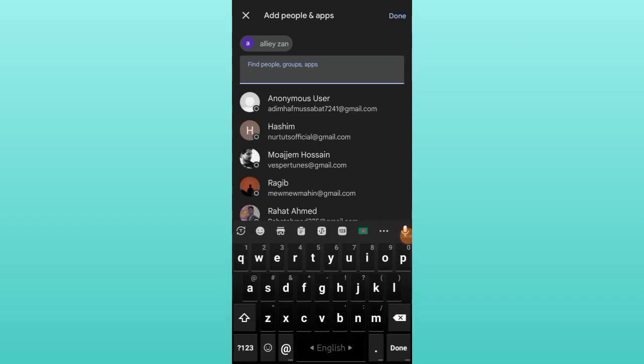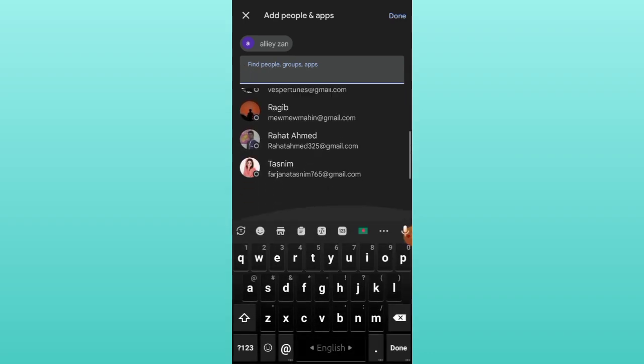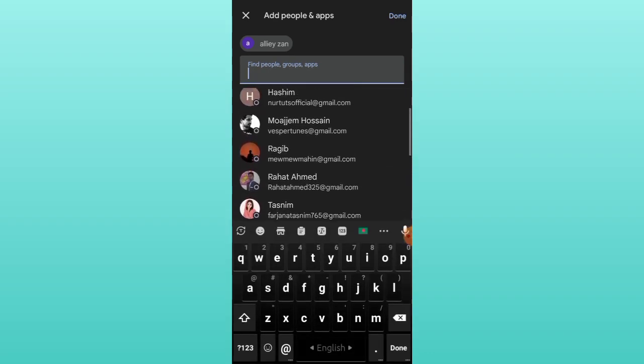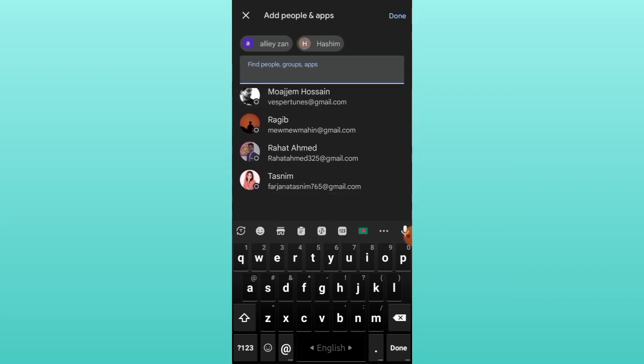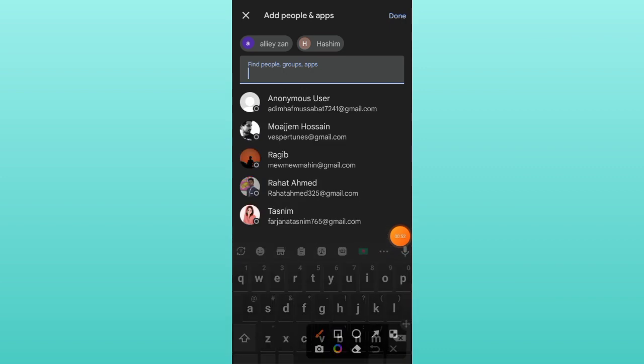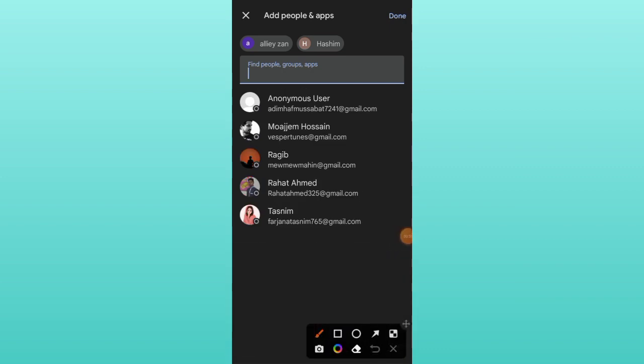When you start a new chat, then you can search your name here, but I'm just going to click any name like this one. When I click this one, there are two friends, and after that you need to click done. Here you can see the option, done. So simply click done, and it will be